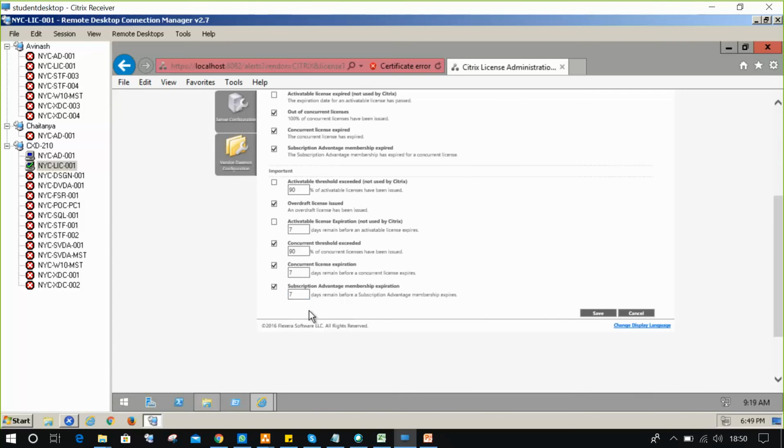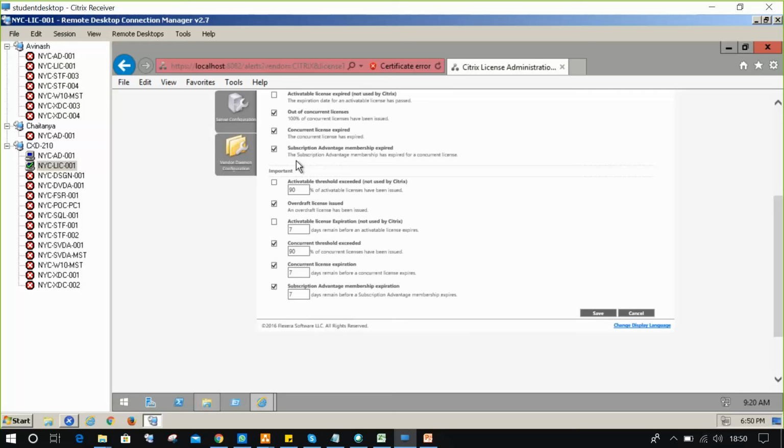When you install the license server in the lab, please read them one by one and you can understand. Any questions, please let me know, I can take care of it. At any point these values can be changed, no issues, but you have to maintain some standards, so you can leave it as it is.